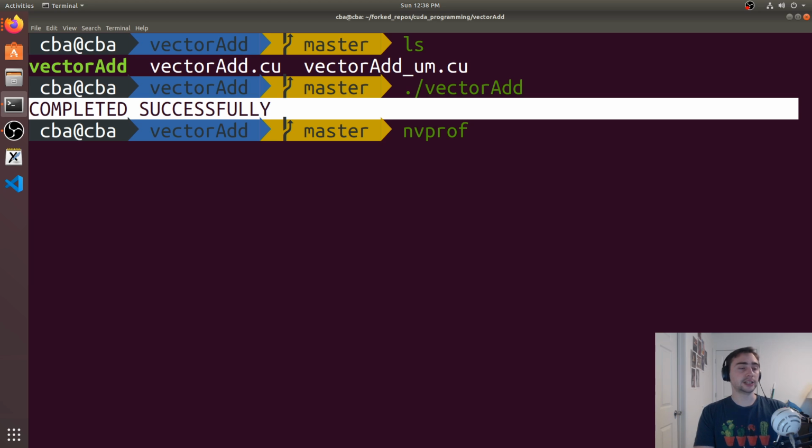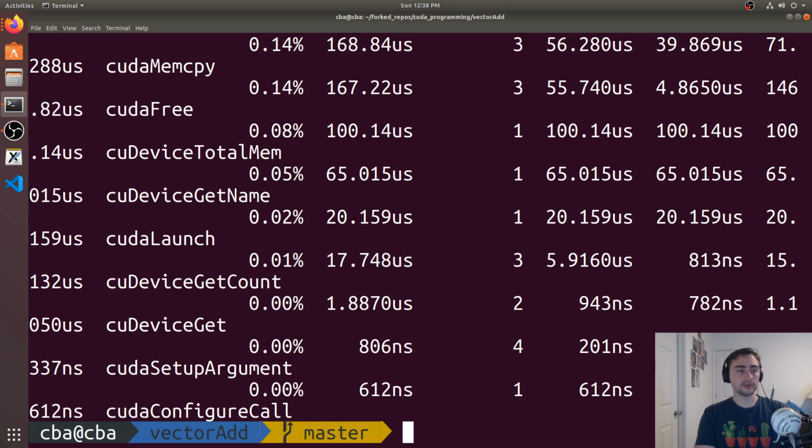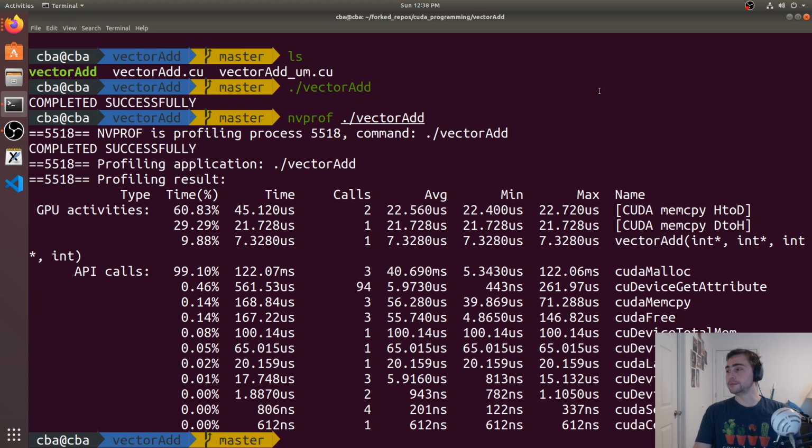So if we go ahead and just do nvprof, this is a profiler. It's since been deprecated, so we'll look at things like Nsight CLI in later videos. But we can use nvprof to do a quick sanity check to see what's actually going on here. So this will profile all the API calls that occurred